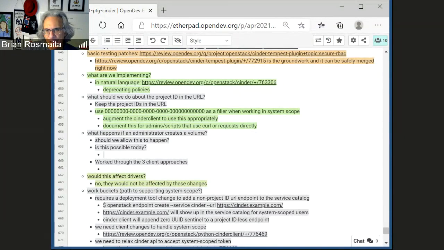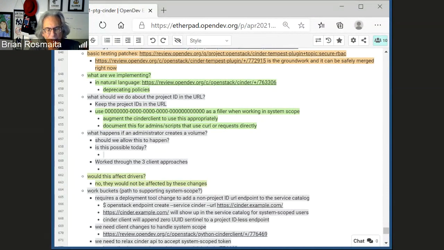No. All right, so the problem was that since we required a templated endpoint, when that endpoint is displayed in the service catalog, it won't have any actual URLs because the template fails. So that would be the situation for the normal Cinder service that normal people use. So the system admin is going to have to ask for a different service, or be looking for a different service in the service catalog?